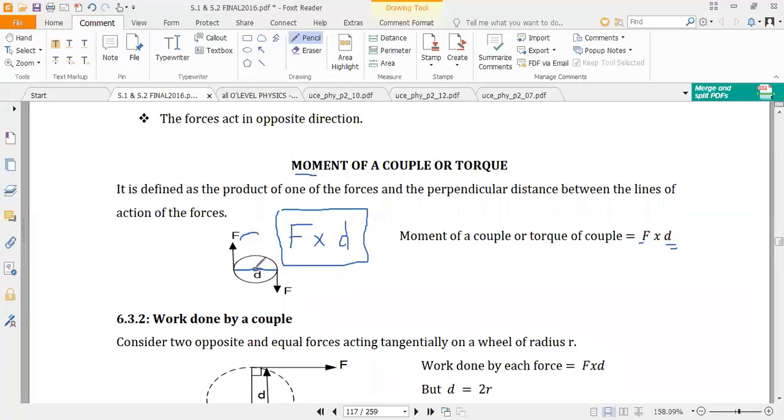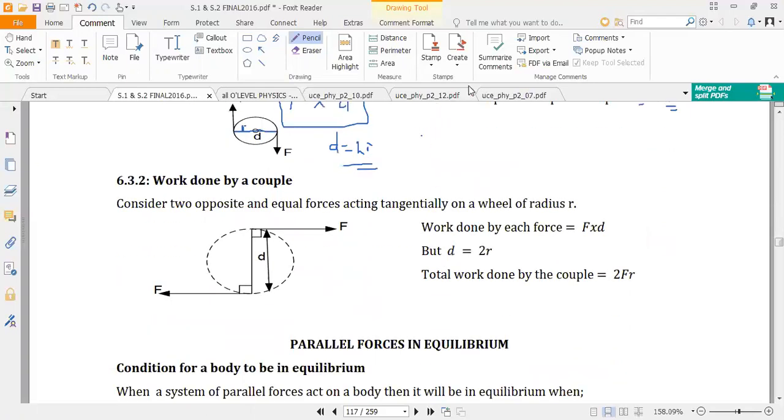You can take D to be the real distance from here to here, or, since it causes a rotational movement, you can first find the radius of the circle in which they are rotating, and then you equate D to 2R, that is twice the radius in which the rotation is taking place. Okay,